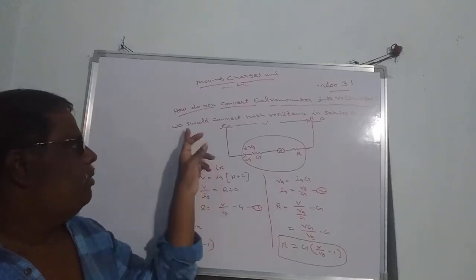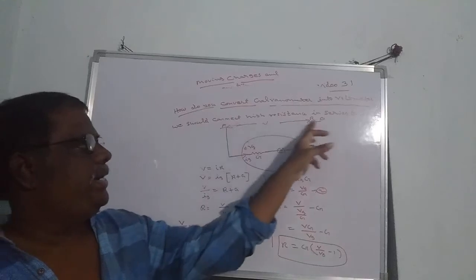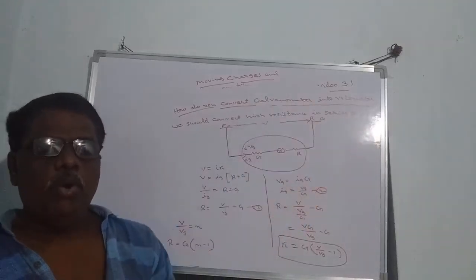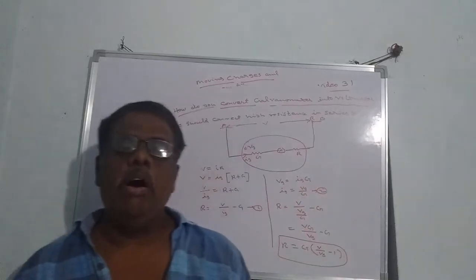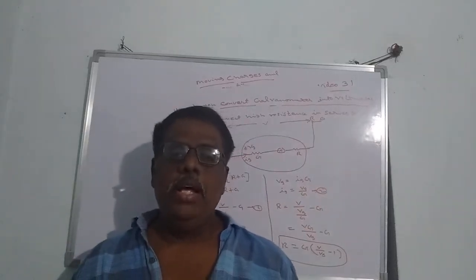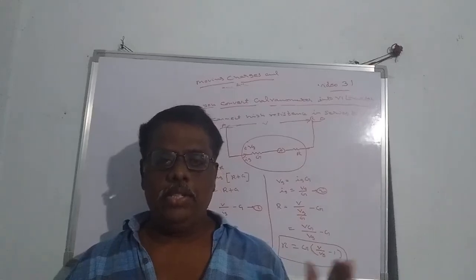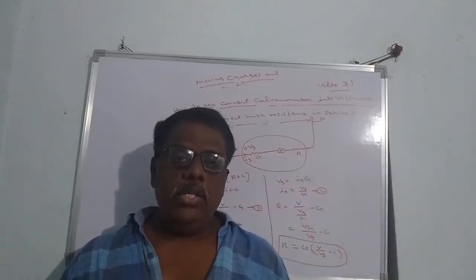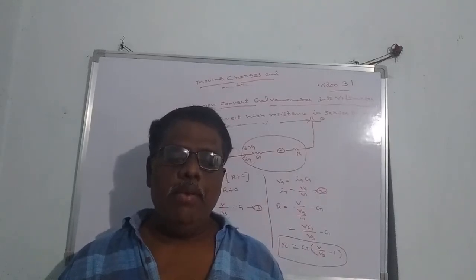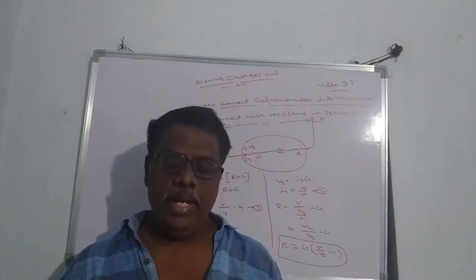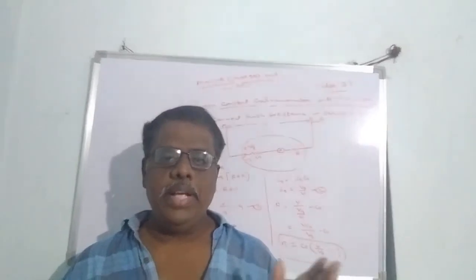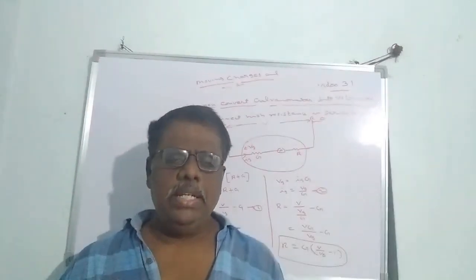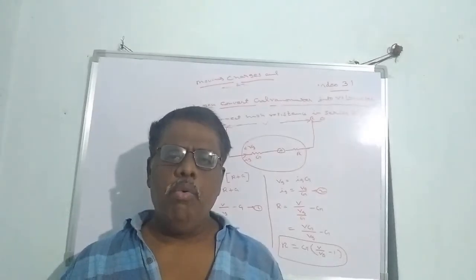So what is the first point? We should connect a high resistance in series. Then we can convert a galvanometer into a voltmeter. A voltmeter should always be connected in parallel in the circuit, across the load, to measure the potential drop between the two points. So the resistance of an ideal voltmeter should be equal to infinity. It will always be connected in parallel. The unit of this potential difference is the volt.